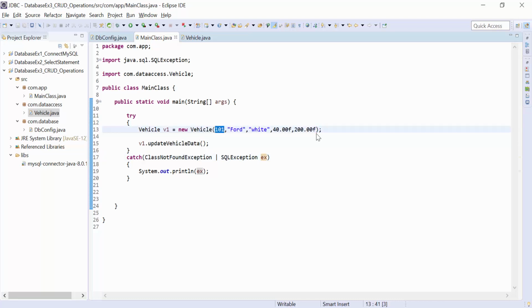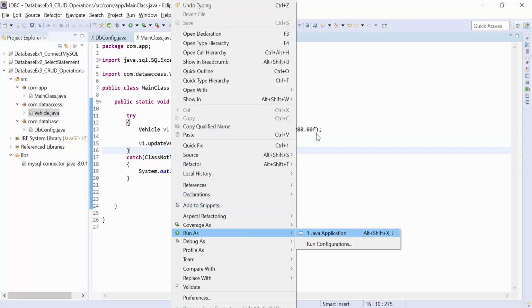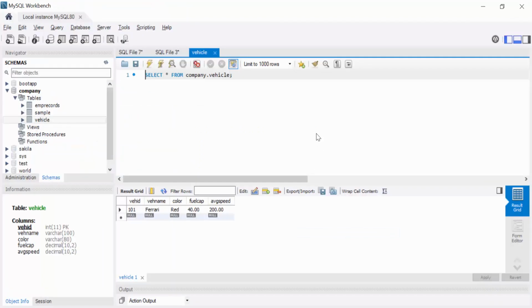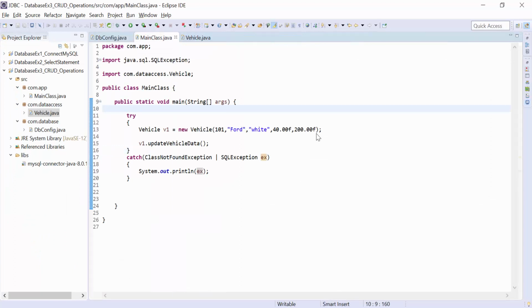Using this 101, I am going to change some data values. Now right click, run as Java application. Okay, here we can't see any output, but in MySQL we refresh the table. You can see it is actually Ferrari, but if I refresh, it says Ford and white. Okay, so working fine. The last one we check, delete vehicle data.